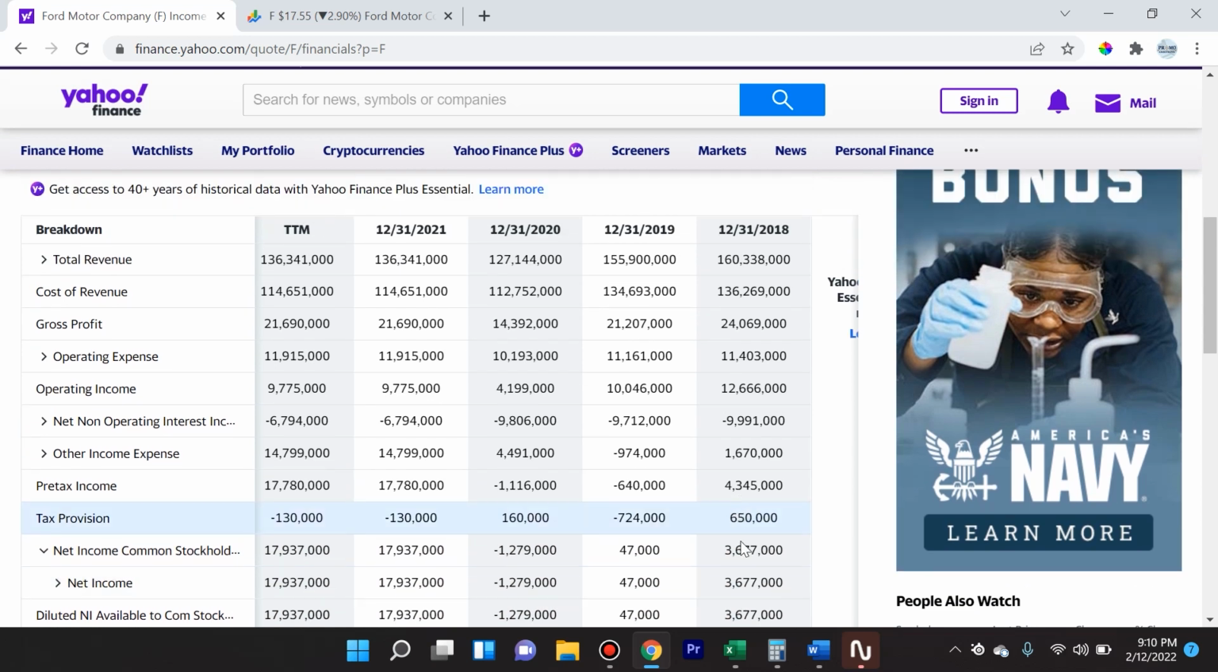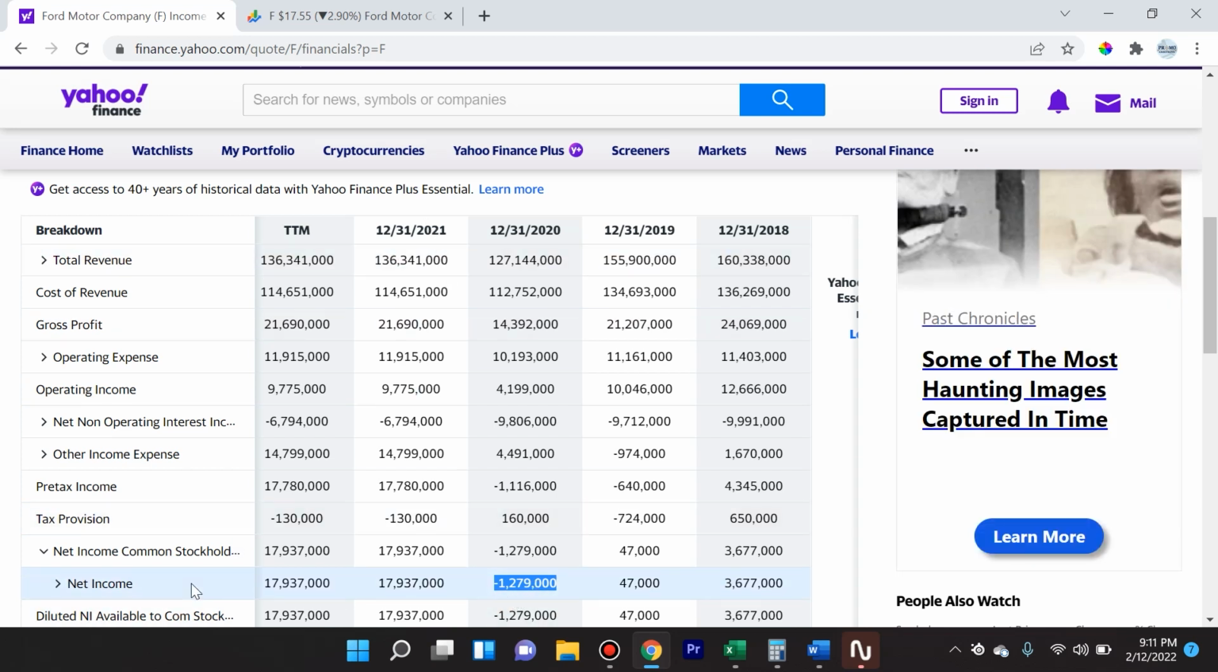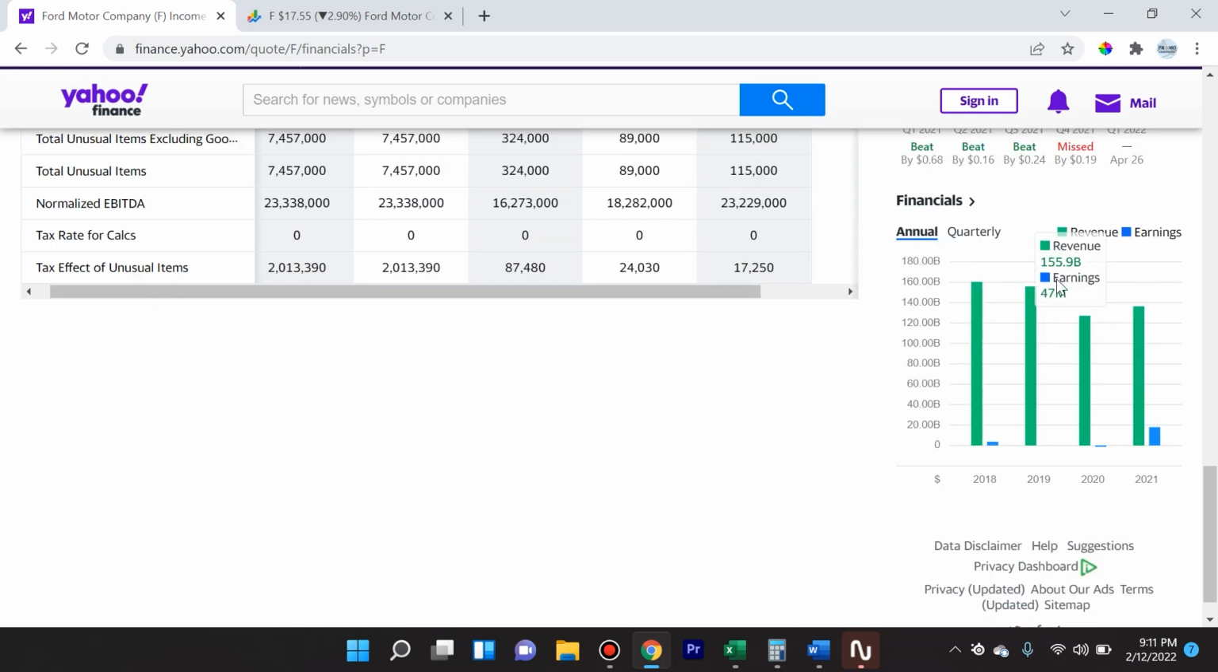Because in 2018, the net income was $3,677 million. Then it went down to just $47 million. And then in 2020, it actually had a massive loss. So it lost $1,279 million. But in 2021, the net income jumped to $17,937 million. And also, I want to point out this chart here because if you're into stocks, you're going to